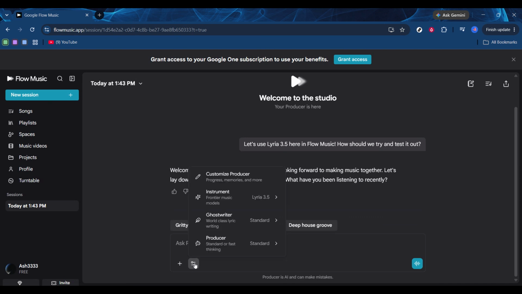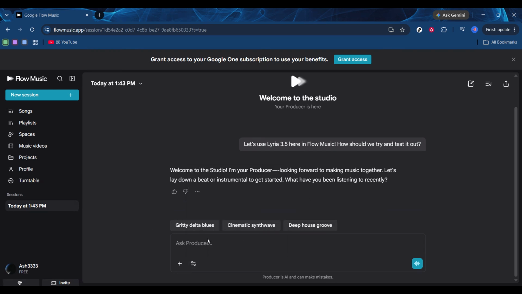Now click on the settings dropdown. When the menu opens, you should see different available choices. From that list, choose Lyria 3.5. That selection tells FlowMusic to use the Lyria 3.5 model for your music generation workflow. Once you click it, the platform should switch over to Lyria 3.5, and from there you can begin creating music